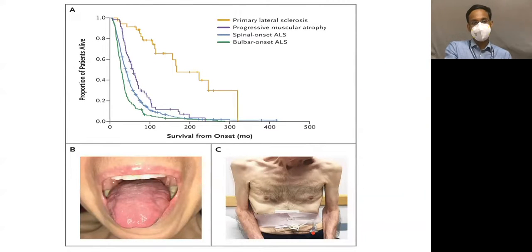Like I said, the bulbar onset ones, which start in the bulb, in the tongue, and then progress to other limbs, as you can see here. Because swallowing and nutrition get involved, malnutrition sets in, there is weight loss. Then as it involves the other muscles, the diaphragm, they start developing orthopnea. Because of recurrent microaspiration, they develop aspiration pneumonia. And so